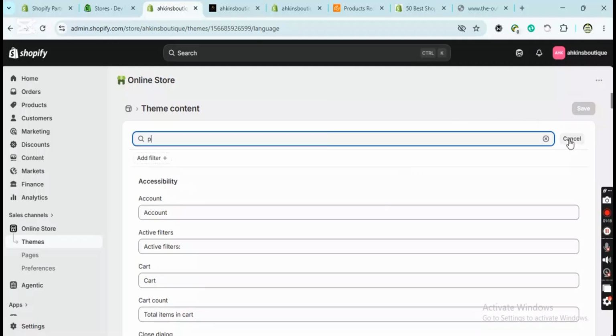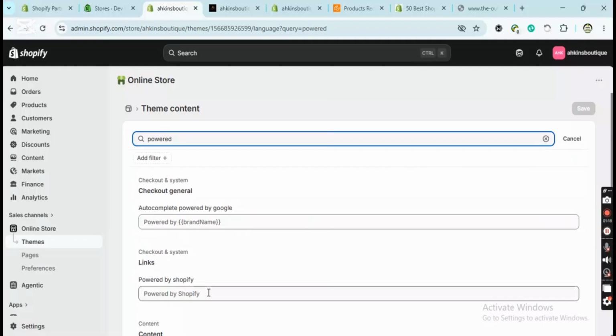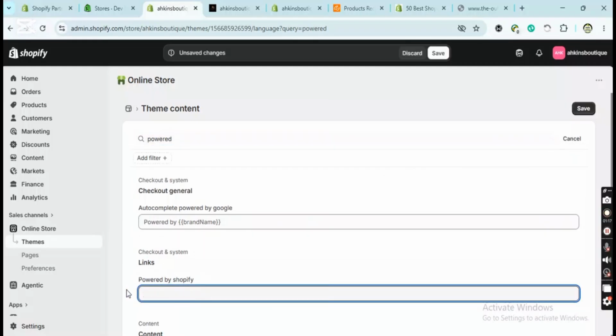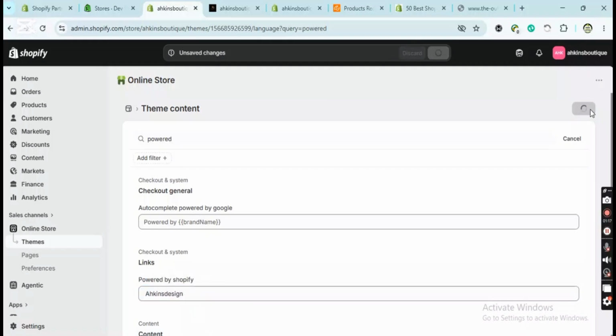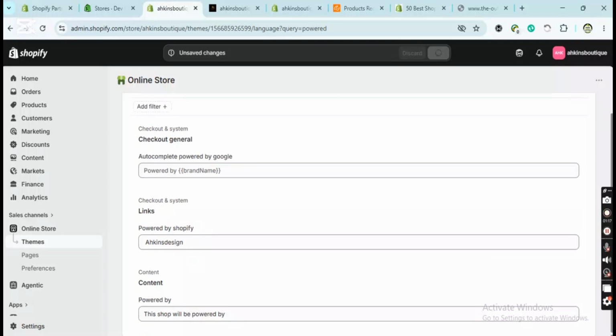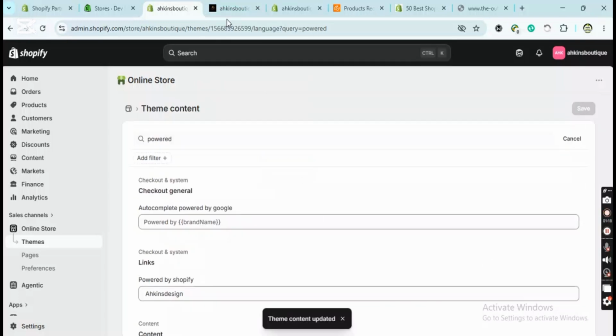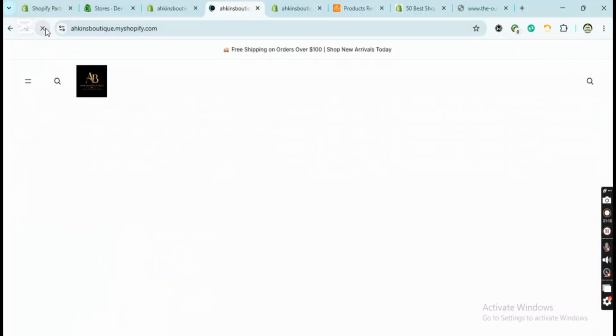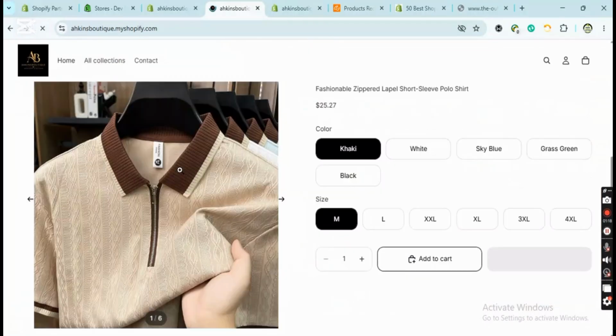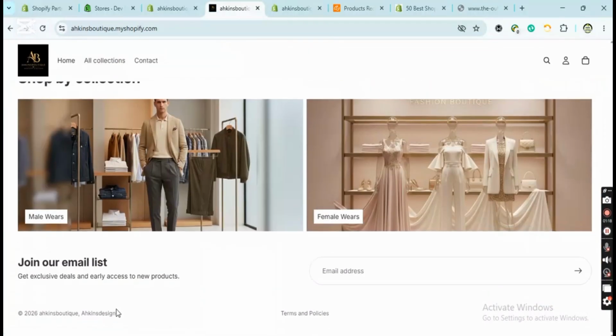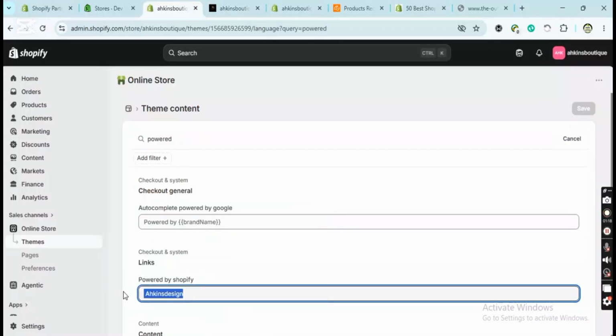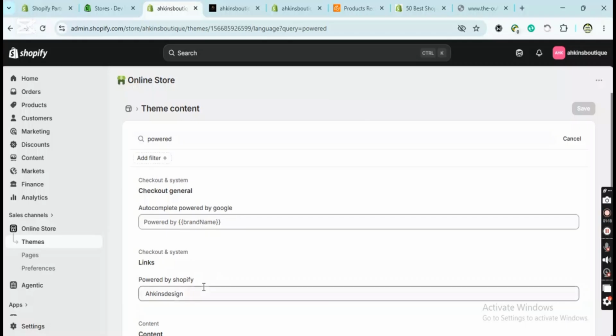Now let's search for powered here. Then we remove powered by Shopify and we put, let me put my brand name. So let's see. That should be visible in the footer. So we open and refresh our page. We scroll down, then we see it. Let's now make it